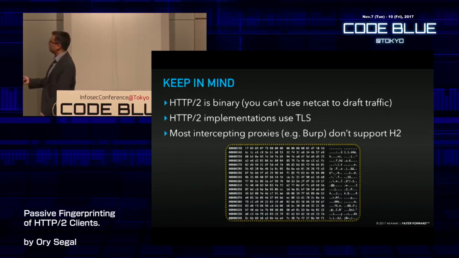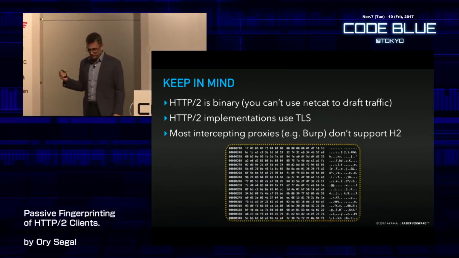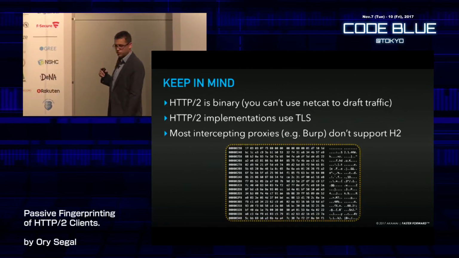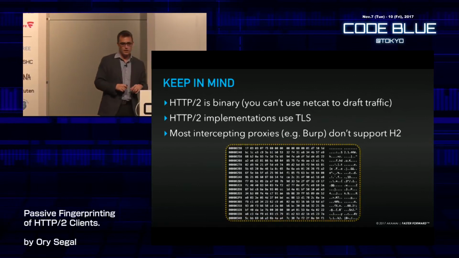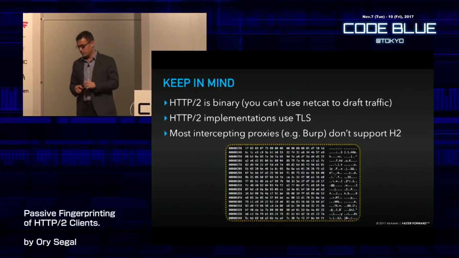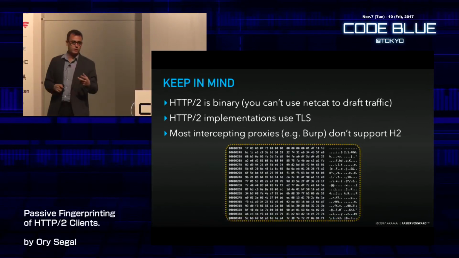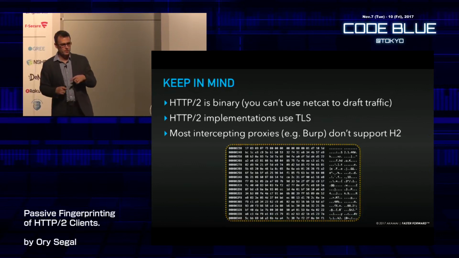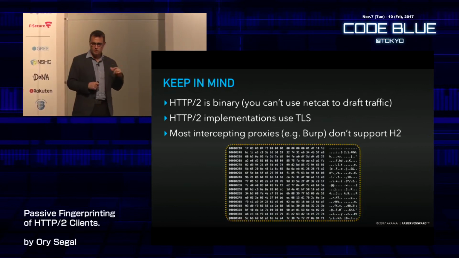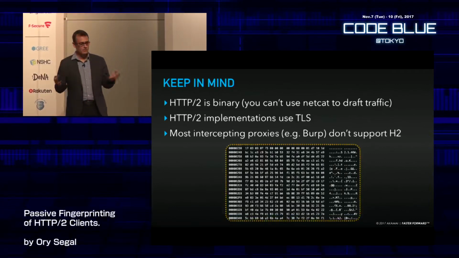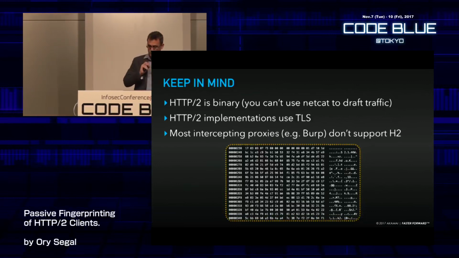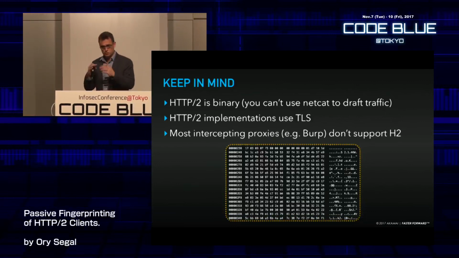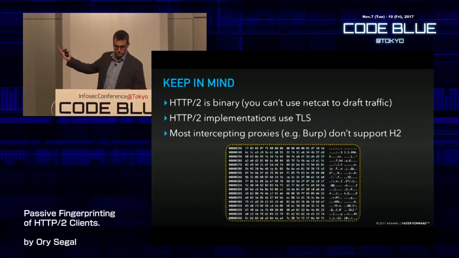This is how it looks, by the way, if you try to sniff the traffic. If you do want to sniff the traffic with Wireshark, you need to first make sure that Wireshark is configured to decrypt TLS traffic. You can point it to the secret log files if you use Chrome and decrypt the traffic. It also has one of those view plugins for HTTP2, so it's pretty cool. However, if you just sniff the traffic, this is how it looks.